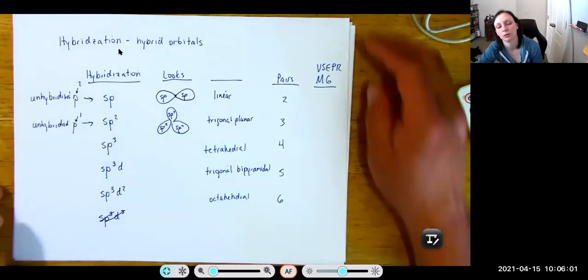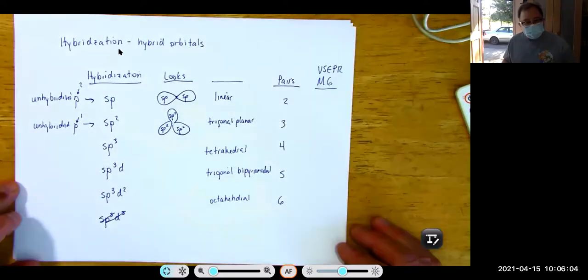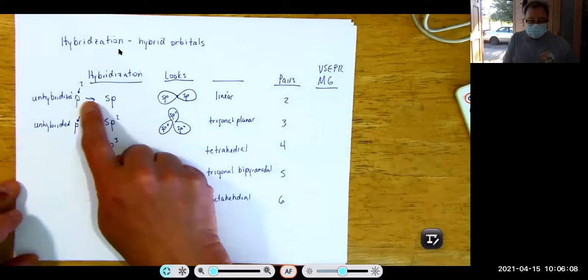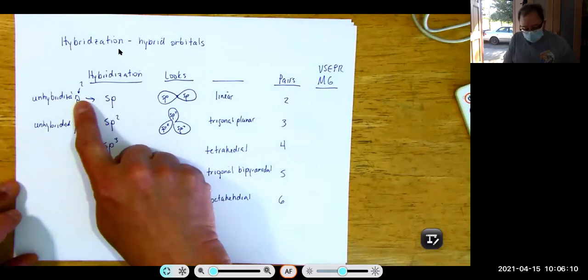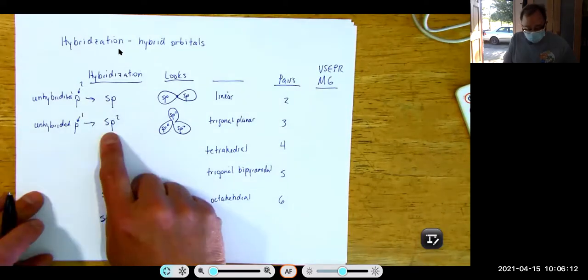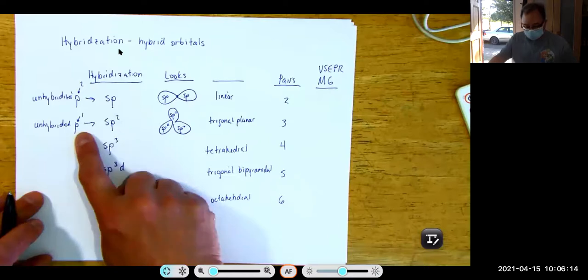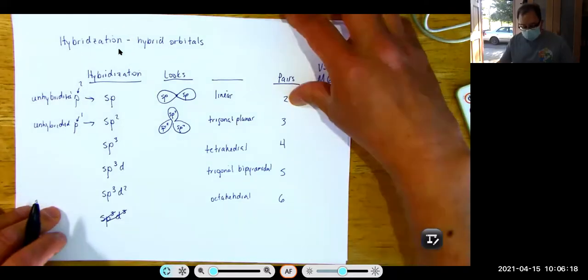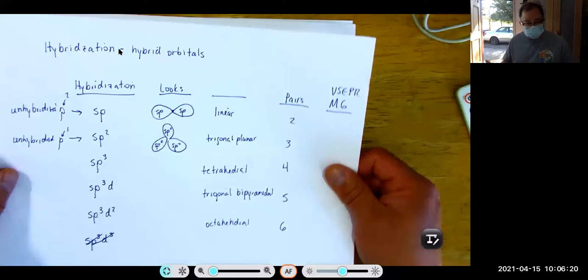Because there's 3 p orbitals total, and 1 of them is being hybridized, and 2 of them are not. And here, 2 of them are being hybridized, and 1 is not. So if we look at those 2 special situations and look at how the hybridized orbitals and the unhybridized orbitals look,